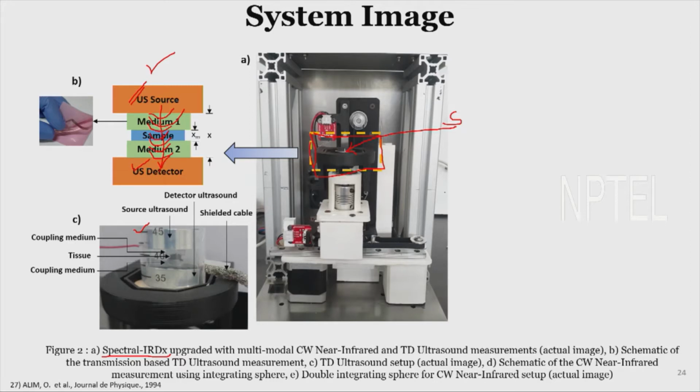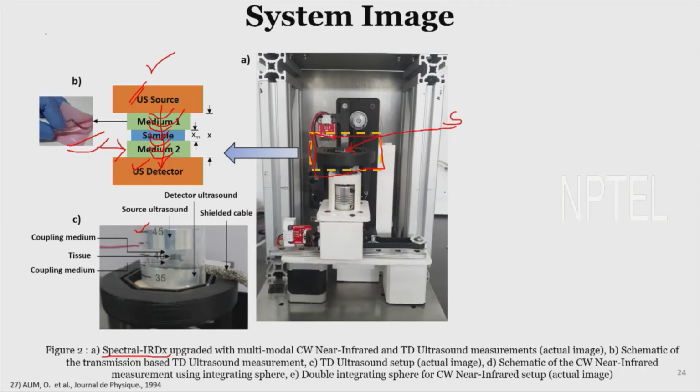The coupling medium is required because you need to have low impedance between the coupling of the ultrasound transducer and the sample, the tissue sample. They have a different impedance. So to minimize this reflection due to impedance mismatch, we use a coupling medium, and this coupling medium needs to be used again once you want the ultrasound wave to propagate from the sample to the detector, and that is why we need this coupling medium over here. In this case we use this coupling medium, which is proprietary to the company from which we bought the ultrasound transducer.